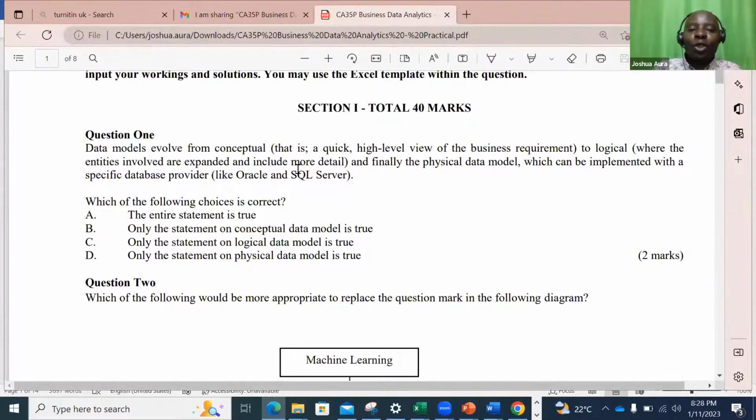Which of the following choices is correct? Now, ladies and gentlemen, for those of you who have done some research, if you have done your PhD or your MBA and you are involved in doing a thesis, of course, you know how it goes. We normally start with a concept paper. It could be a 2,000-word document where basically you say that this is the concept, before you start any research, before you start writing the proposal. There must be a concept, which is a mini